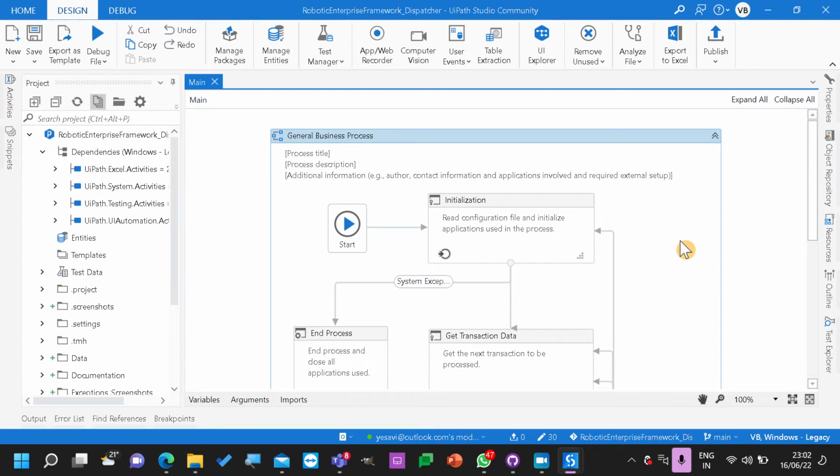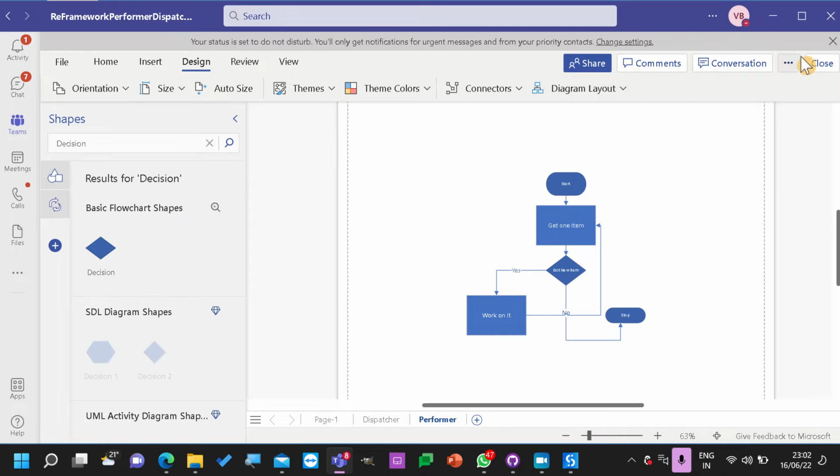There are only two activities. Do we require REFramework to work on those two activities? Can't we just write a project with a single file where we have two activities? Yes, we can write it in a sequence also. Correct. But the problem that will happen is, let's assume that there are 1,000 records. The bot tries to add all the items using bulk add queue items, and there will be multiple issues that we need to observe. So I'm just closing this one. Hope everyone understood this.